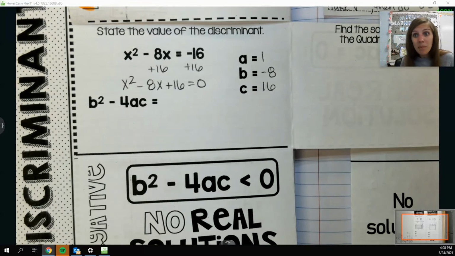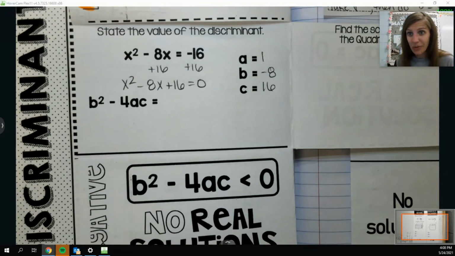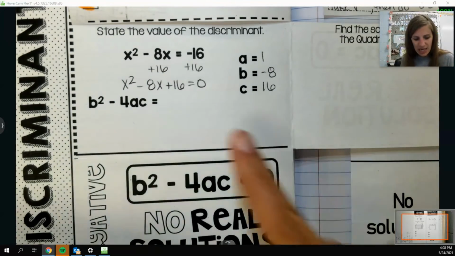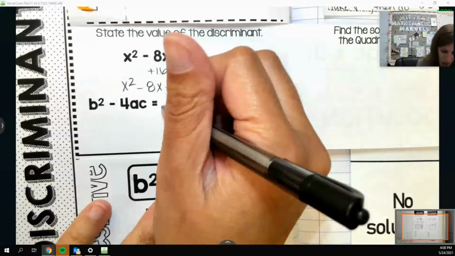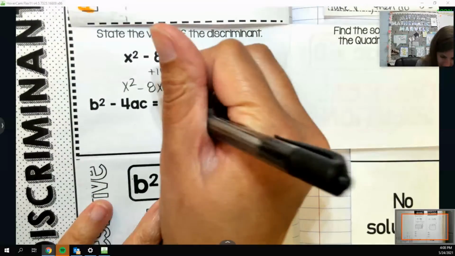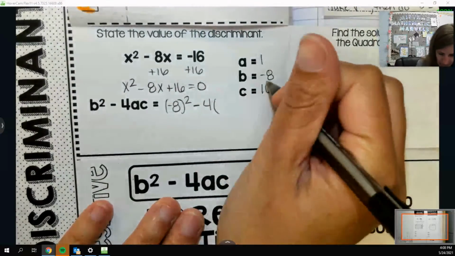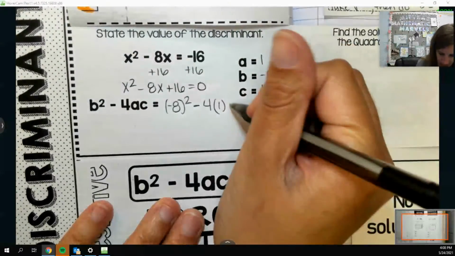It saves me steps when I go to do the quadratic formula later, if I even need to, okay? So if we have solutions, we need to. But if I don't have solutions, then I can just be done. So we'll do b squared, which is negative 8 squared, minus 4 times a, which is 1, times c, which